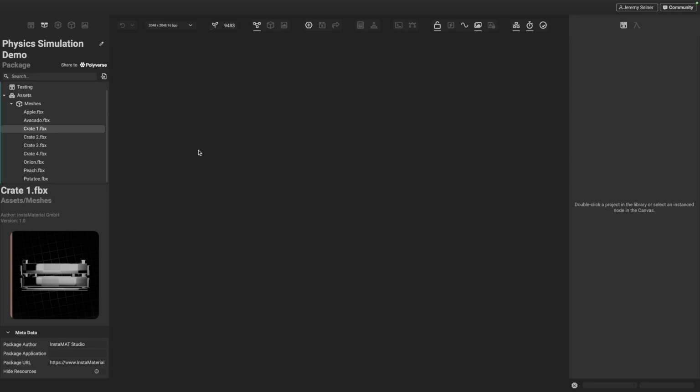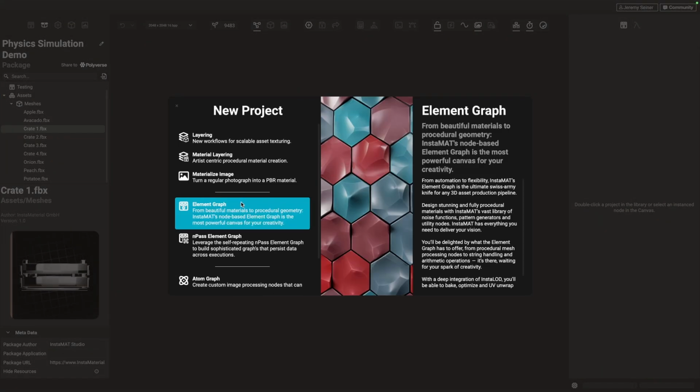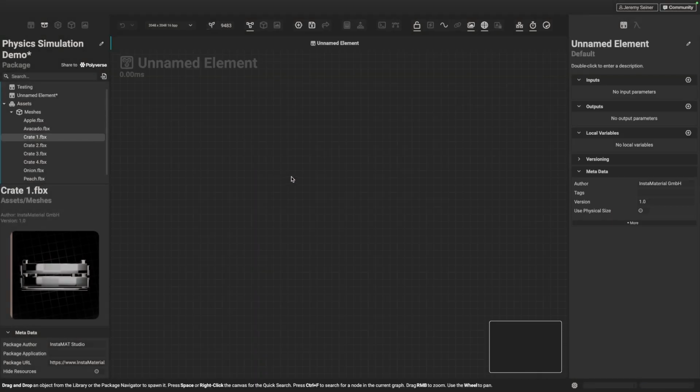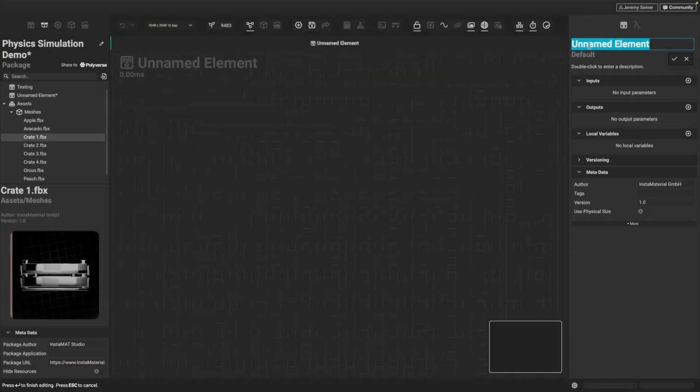Before we start working with these meshes, we need to create an element graph and set it up to start simulating. So let's go ahead and create a new project. We'll go to the plus button here at the top, go to element graph, and choose to create a project without a template. Let's name this element graph something like crate simulation,